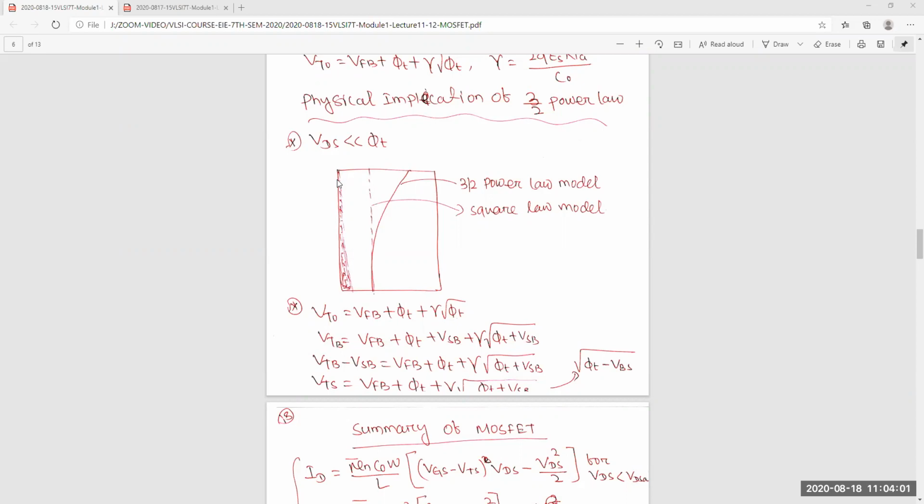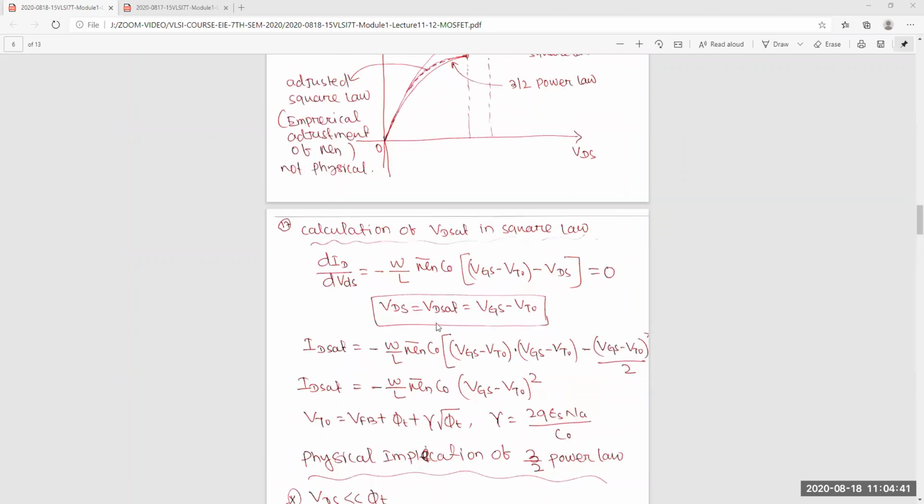Remember when you were discussing that body effect. If the depletion region increases, that means depletion charge increases, this voltage increases. So that means the control reduces, that means this phi I reduces. So in this case, this is the real case, the 3/2 power law case. The surface charge decreases, but when we approximate this, it will increase. So that's why the current is more here.